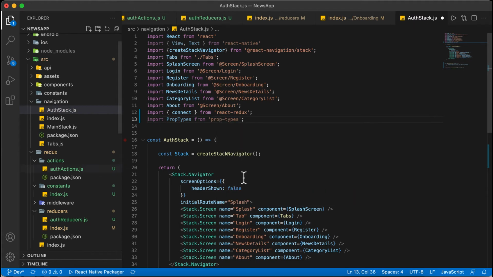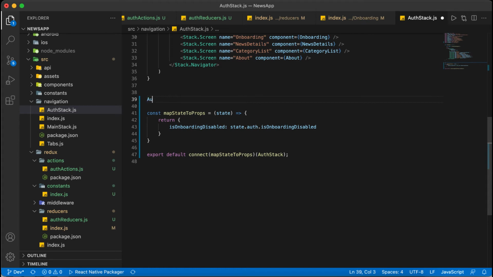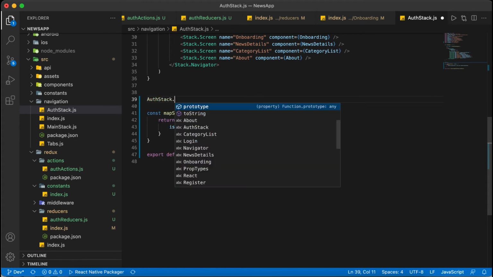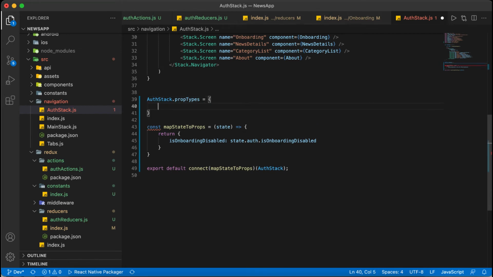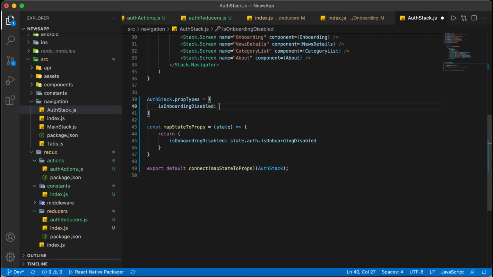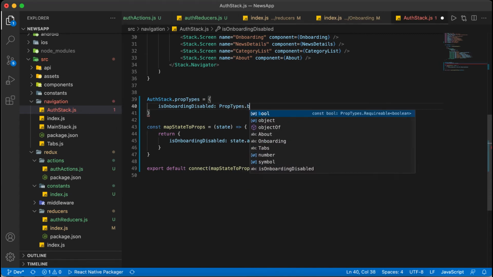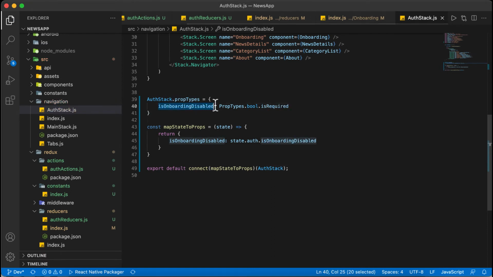I will validate propTypes equals isOnboardingDisabled, and here I will put PropTypes.bool.isRequired. The type is coming as boolean.